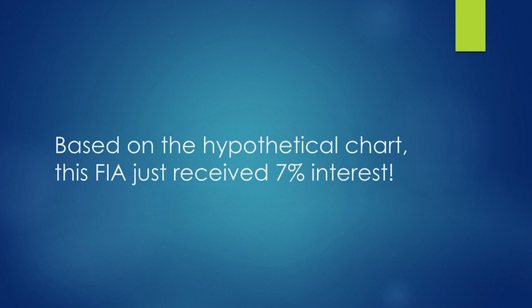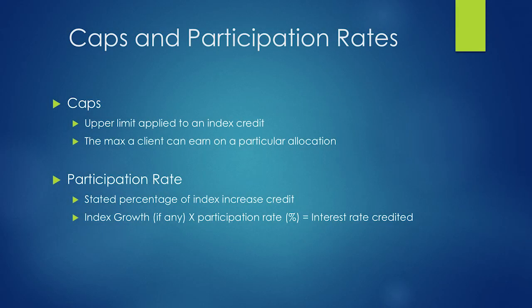Okay, now again, caps are the upper limit which is applied, and basically that's how a lot of indexed annuities work. Now a lot of them are moving more towards these participation rates because interest rates are starting to creep up right now. We've been in a low interest rate environment for a while. And a lot of people, that's a big objection, they don't want to do it for 3 or 4% interest. And the participation rates are kind of the way they answer that objection, saying, okay, if you really think it's going to be a hot market, we'll give you 50% of what the market does rather than a 3 or 4% cap.